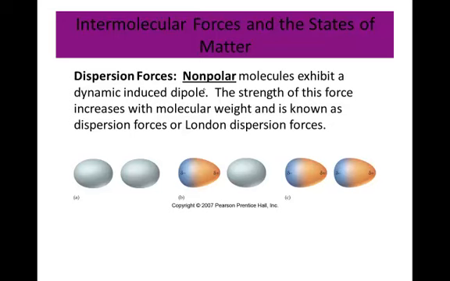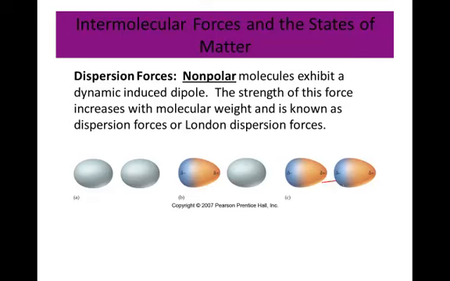And so nonpolar molecules will exhibit this induced dipole. So what happens is I have one molecule that ends up with a dipole. It's going to cause another molecule then to set up a dipole. So here they both are nonpolar. This one has a dipole that occurs just by the movement of the electrons. That causes a neighboring molecule to also have a dipole. That's why it's called an induced dipole. And because this end is positive and this end is negative, I'll have this little bit of attraction between those